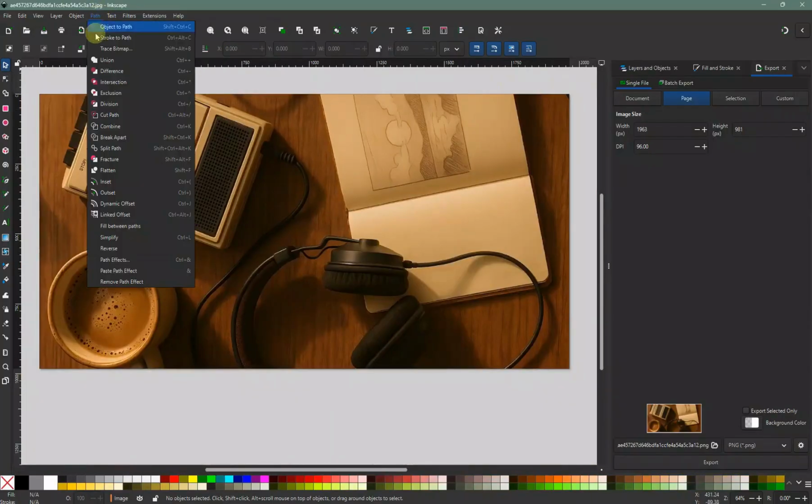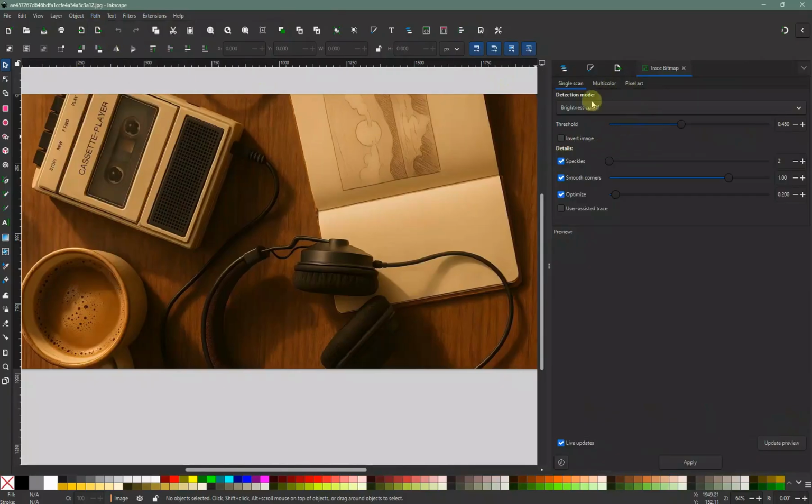Now, go to the Path menu at the top and choose Trace Bitmap. This will open a new dialog box where you can adjust the tracing settings. In this dialog, you'll see different options like brightness cutoff, edge detection, and color quantization. Each option provides a slightly different tracing effect, so you can choose based on your image and the effect you